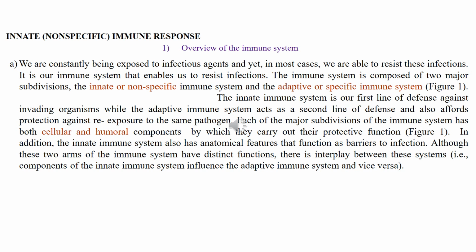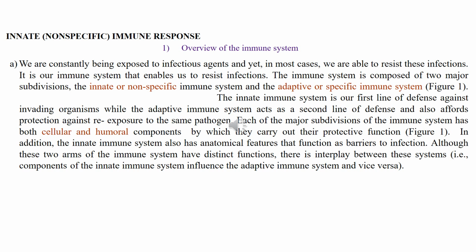An overview of the immune system. We are constantly being exposed to infectious agents, and yet, in most cases, we are able to resist these infections. It is our immune system that enables us to resist infection. The immune system is composed of two major subdivisions: the innate and adaptive immune system. Also, we call the innate the non-specific immune response, and the adaptive, we call the specific immune